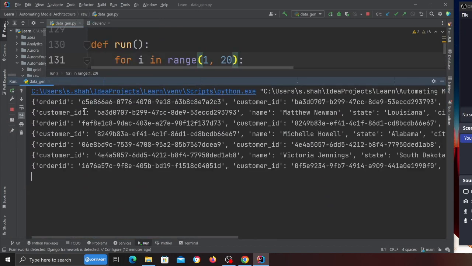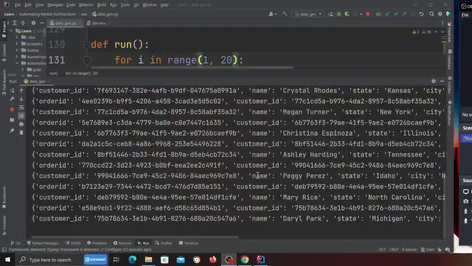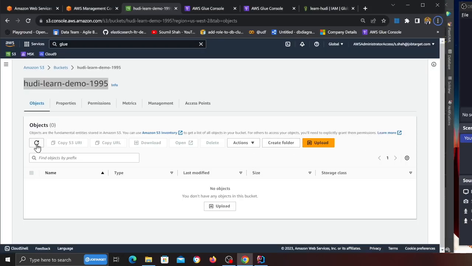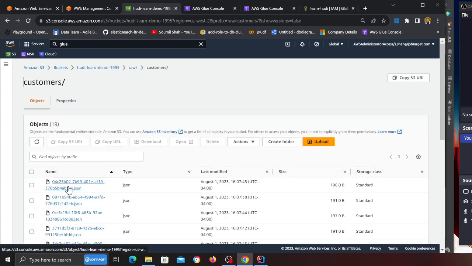As you can see on the console, I do see some print statements, meaning now we are publishing data into the raw zone. So as you can see, some data is being generated right now. If I go back to S3 and refresh, now I see the raw zone, and as you can see, customers has some JSON files, orders will have some JSON files to work with. Great. At this step, what we have done is we have a raw zone where we have all this data